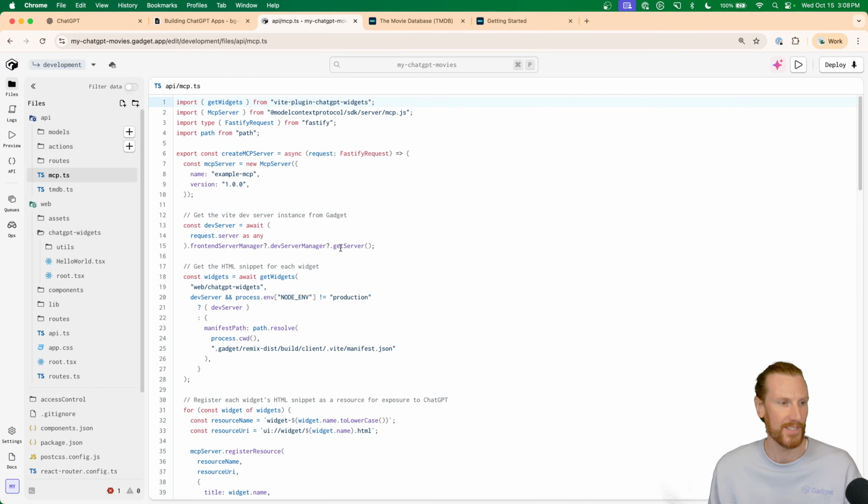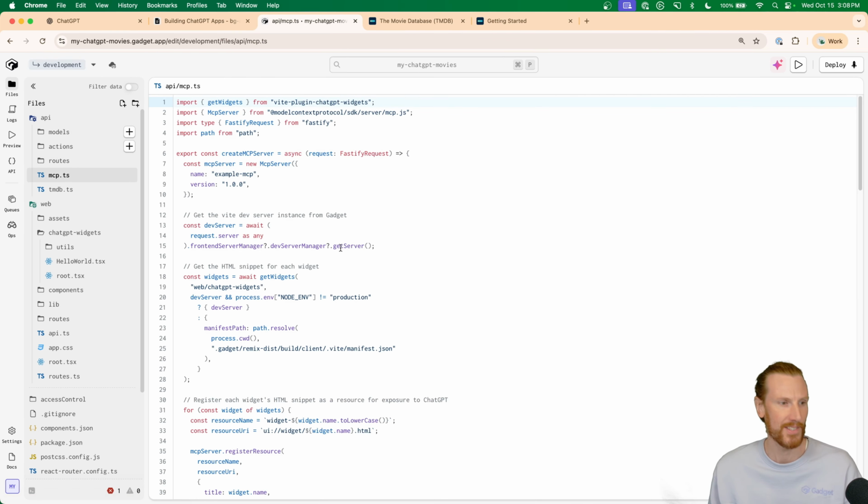And now I need to do this for all of the endpoints I want to support. So if I run this tool call, it should go ahead, fetch movies that are now playing, format them, and return it to my widget that we haven't defined yet. So let's go ahead. I'm just going to update this entire MCP page. So what we've done,